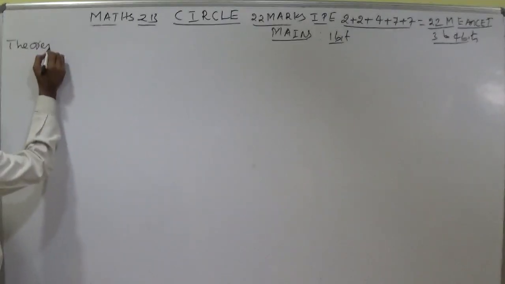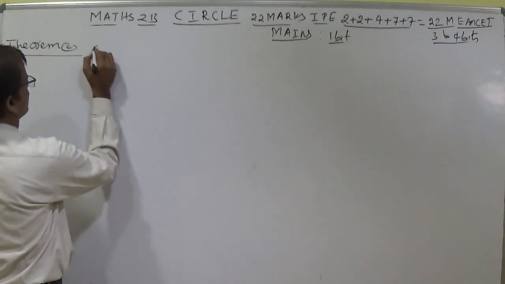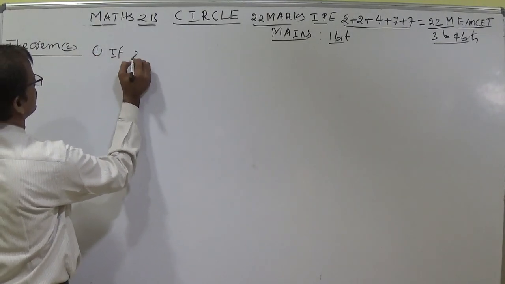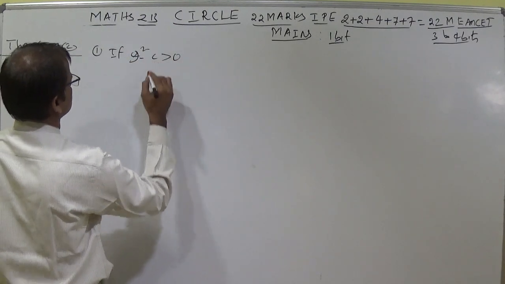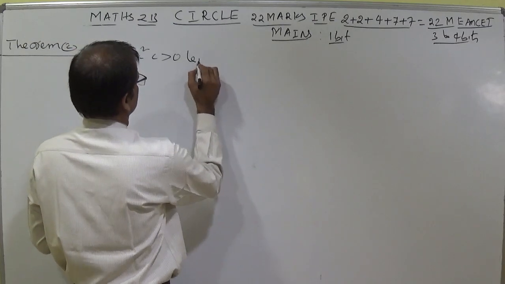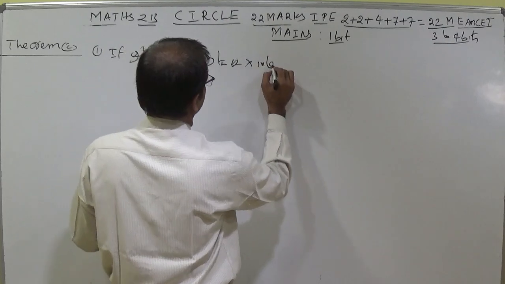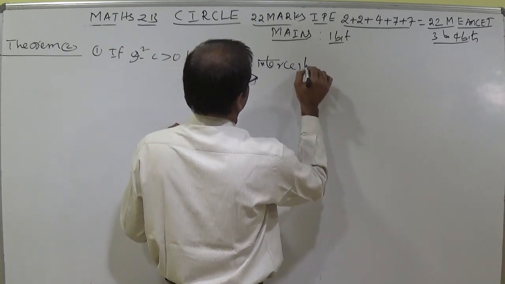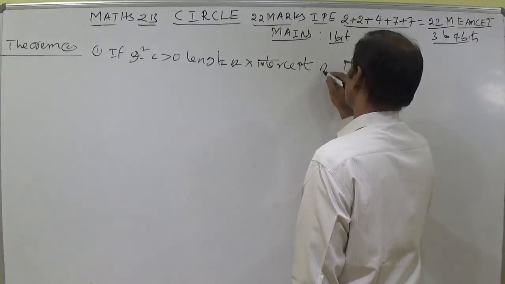Now let us discuss theorem 2, length of x-intercept. First one I am writing. If g square minus c greater than 0, then the length of x-intercept of the circle